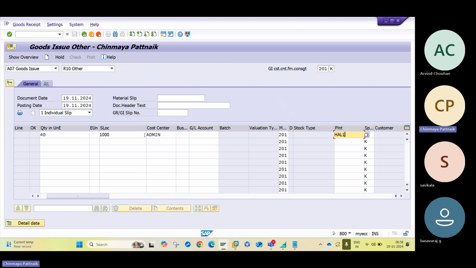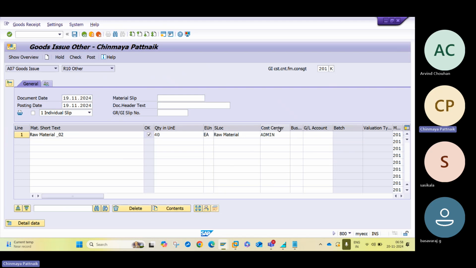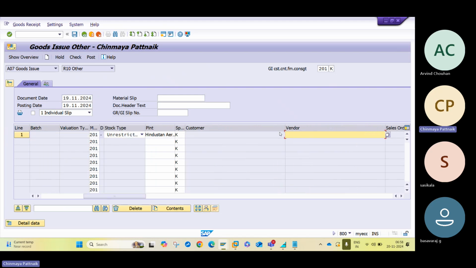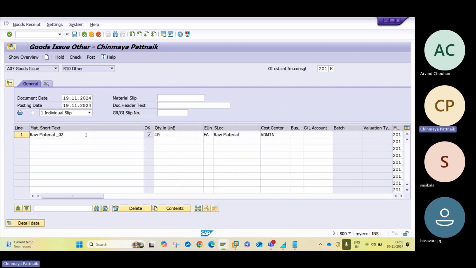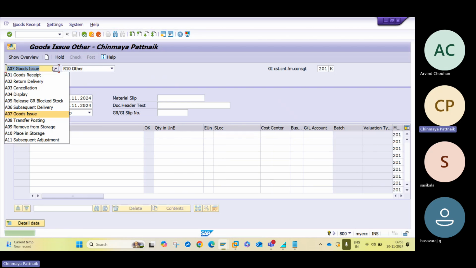Plant is HL1. Press enter. You need to enter the vendor as well. System will ask to enter the vendor. Okay. And let me click on check. Let me click on post. Over here the accounting entries will be